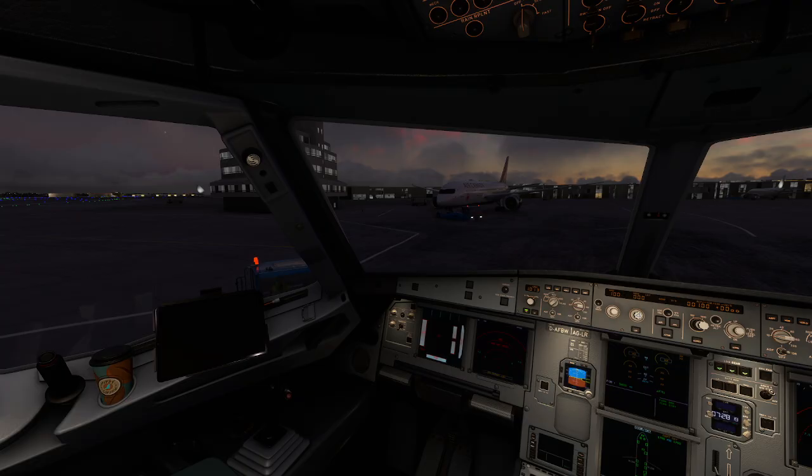That means at arrival, we need to wait for ATC clearance for the runway and we need to ask them which runway we are going to use. So I don't know whether they have VATSIM online right now, but I think we need to make sure